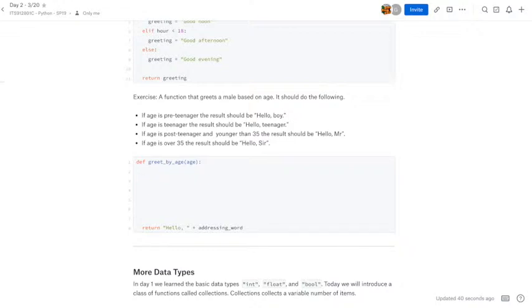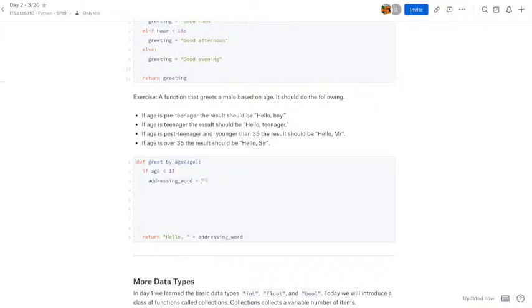What we can do is we can first check if someone is a pre-teenager. So we check age is less than 13. Then we can say the addressing word is boy. And now